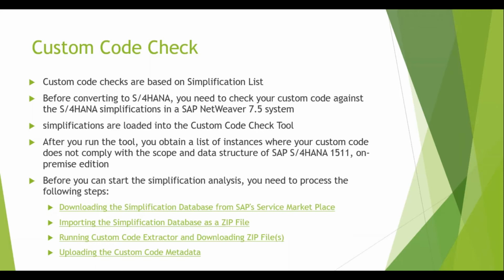What it will tell you is, for example, you have written some custom code, let's say a report, which was taking the data from MARC. Now when the system performs this check, it will show you an error that this report is impacted, and it will give you the error message and the reason. It will say MARC is not storing this result, for example, and see SAP note. Every time it throws an error, it will tell you to check a SAP note.